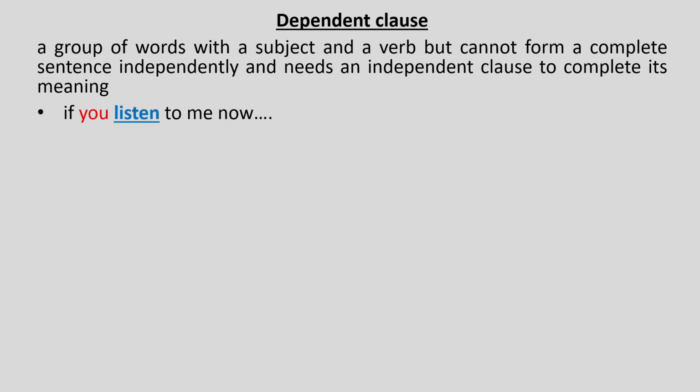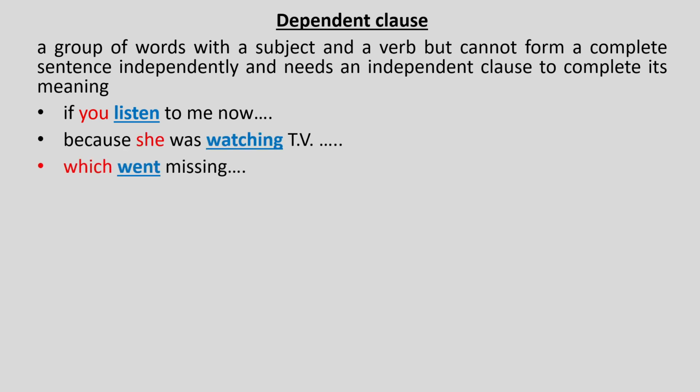If you listen to me now. This group of words has both a subject and a verb, but it doesn't make complete sense. If you listen to me now, then what will happen? The group of words is incomplete. Similarly, because she was watching TV, and which went missing. These three are examples of a dependent clause because they don't make a complete meaning